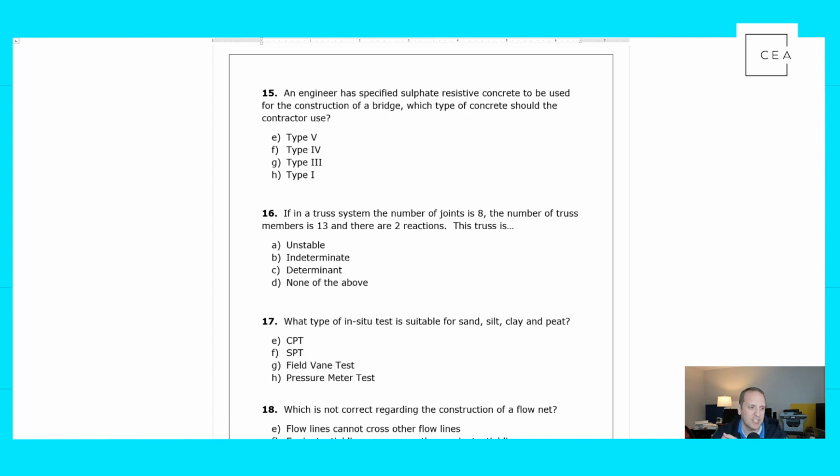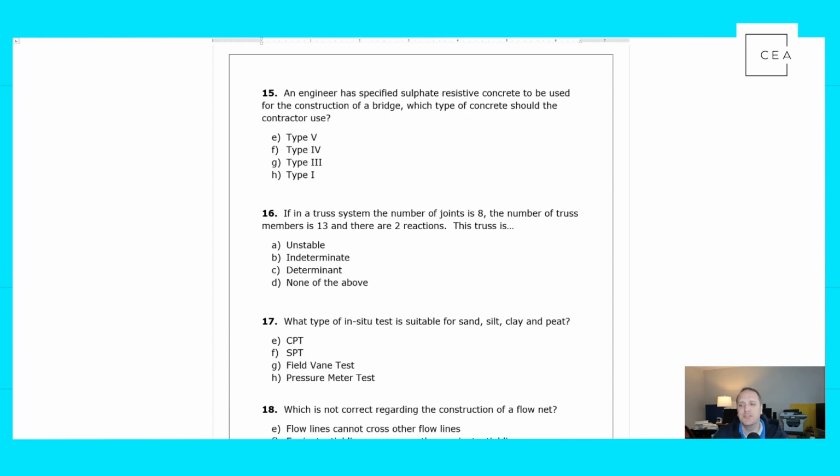So great question to ask. Again, you've got a truss system with 8 joints. The number of truss members is 13, and there are 2 reactions. So this one you're going to have to dive into probably some reference material. You're going to go look up what an indeterminate structure is, and you're probably going to find some of